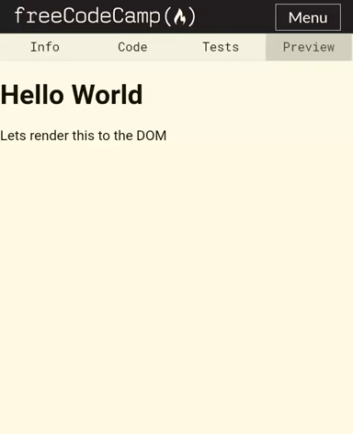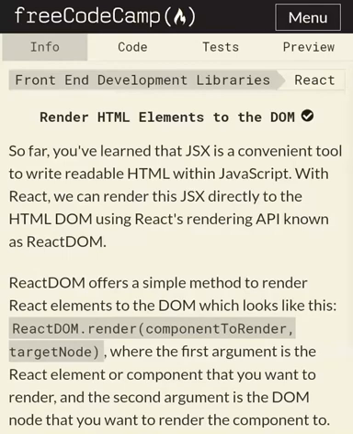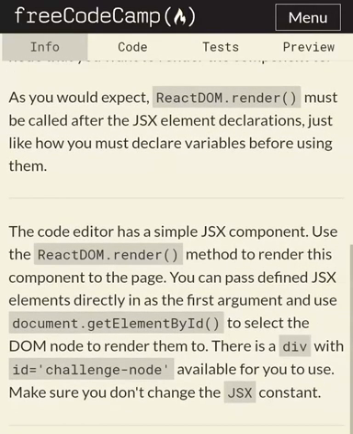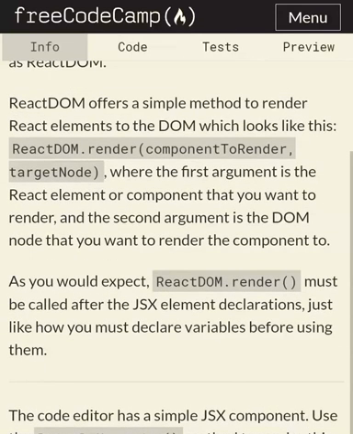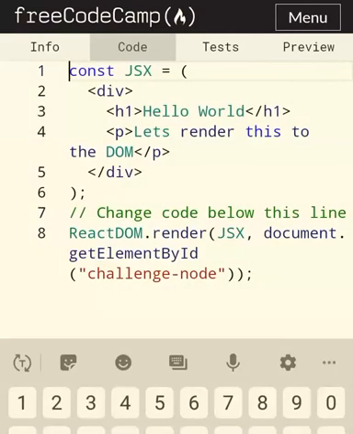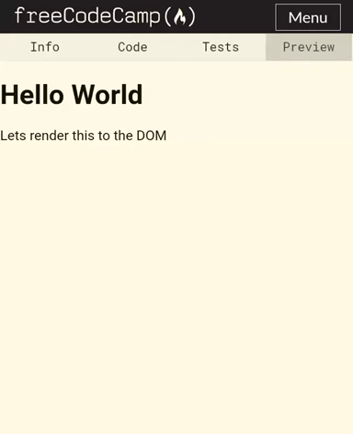So hello world, let's render this to the DOM. So you could render the HTML, the P, whatever was given. The H1 was hello world, the P was let's render. So you can see that because you did this. If you don't do this right, you wouldn't be able to render it to the DOM, meaning you won't be able to see the UI. Because React is all about front end. Okay, so I hope this is very clear, because this is quite simple. You'll be doing more complicated ones in future.